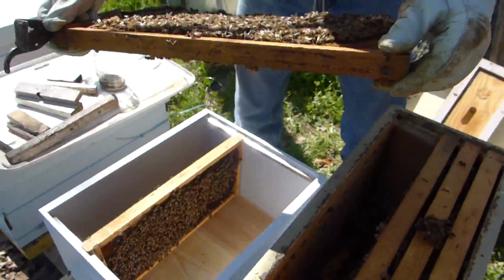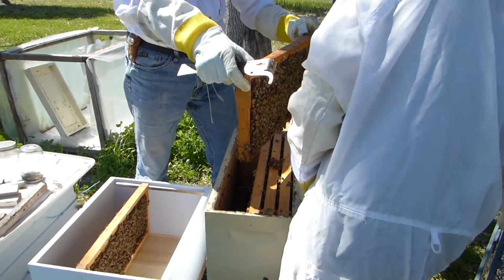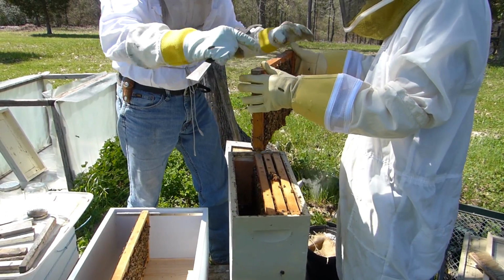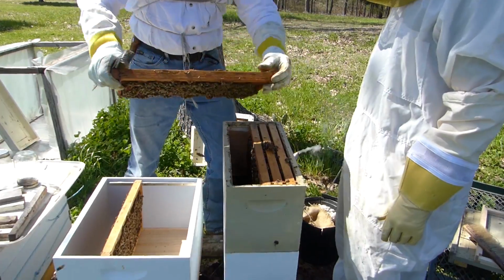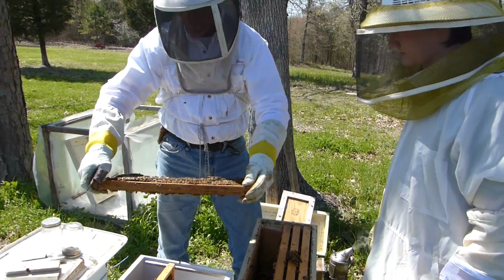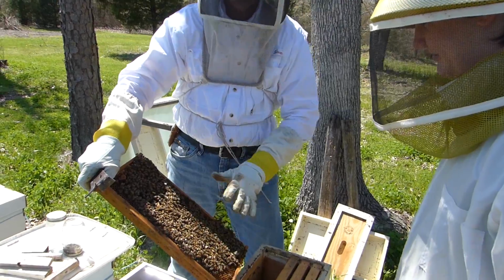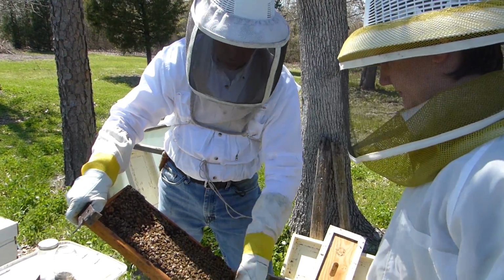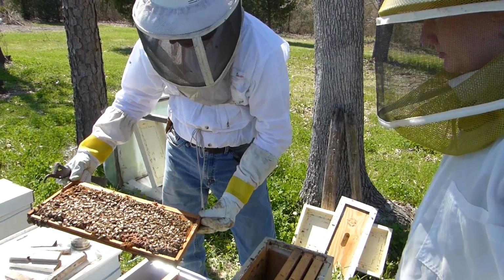All right. But feel the weight. It's got a little weight to it. That's good. The weight. Now this is a healthy frame, other than it should have honey there, which means this time of year, all these young bees are like teenagers. They're eating. They can eat up to 5 gallons a week, depending on the size of the hive. So these are probably consuming easily a gallon of nectar about every 4 to 5 days. The more the spring progresses,